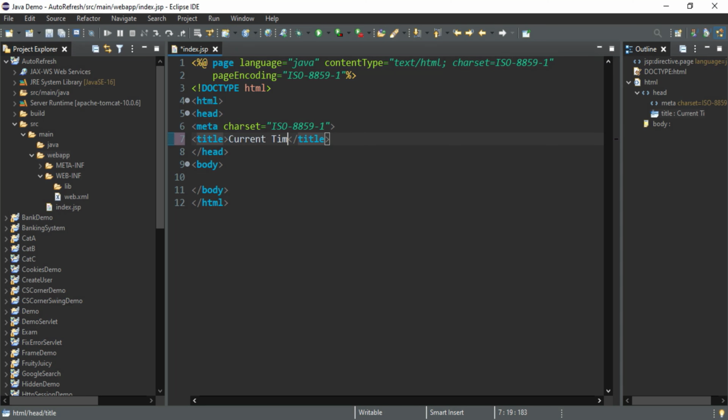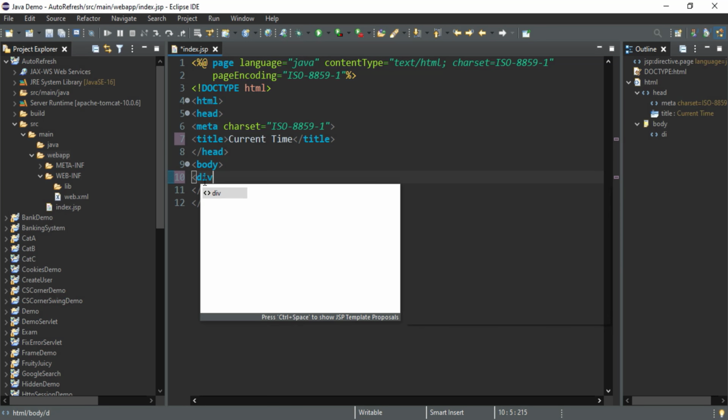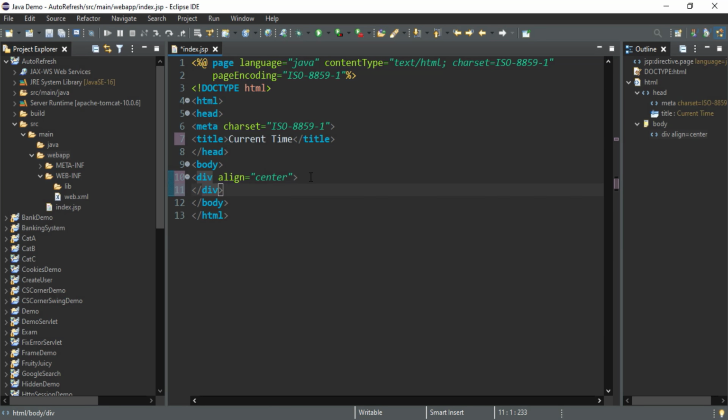Current time is my title, and in the body I'm going to use a div, and I'm going to use an h1 tag also because I want to display in heading format. And now I'm going to use a scriptlet for writing my Java code for extracting hours, minutes and seconds.